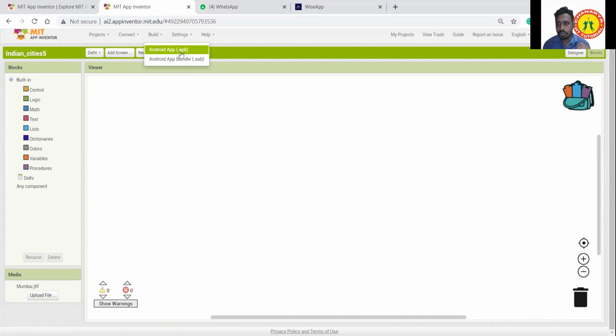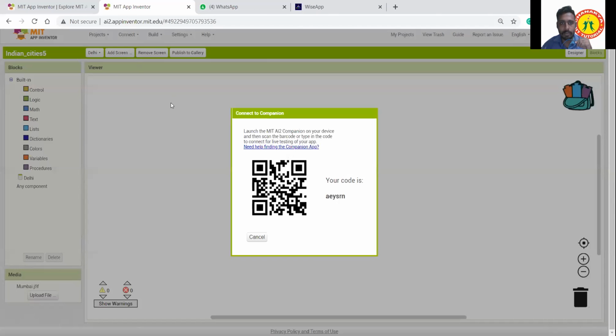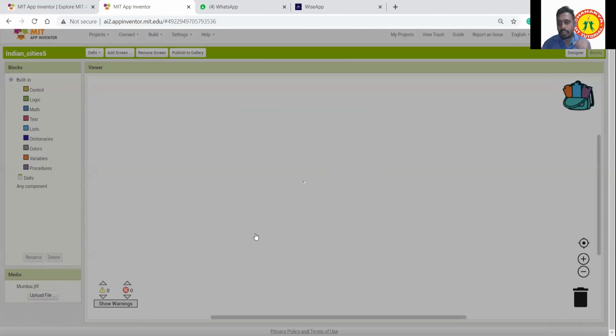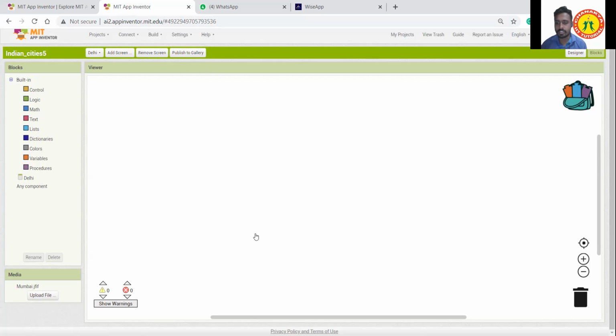We can't make any changes after downloading. So we have to be very careful. Using the AI companion connection, we can make changes and test using this QR code.